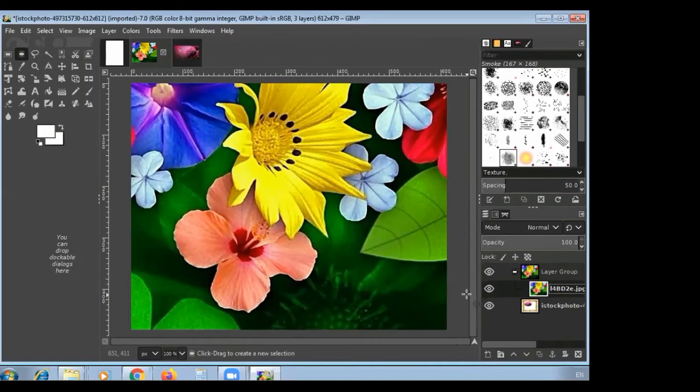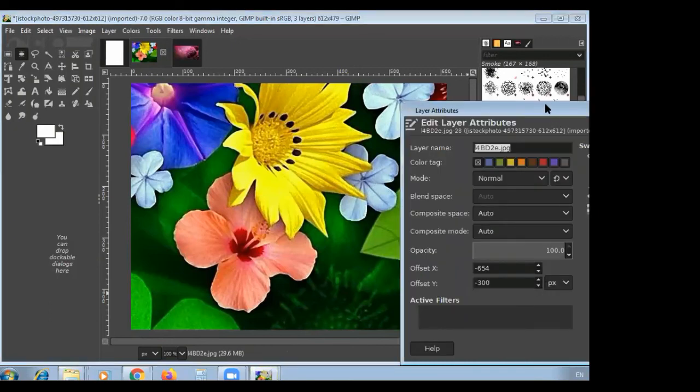Rename a layer. You can rename the layer after adding it. This will help you to identify it in a better way. Double click on the layer's icon. A layer attributes dialog box will appear, and type a name, like yellow flower, which is available in your textbook, for the layer, and click on the OK button like this.